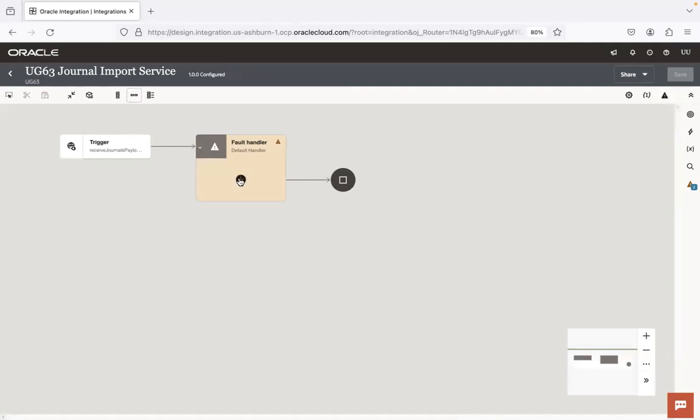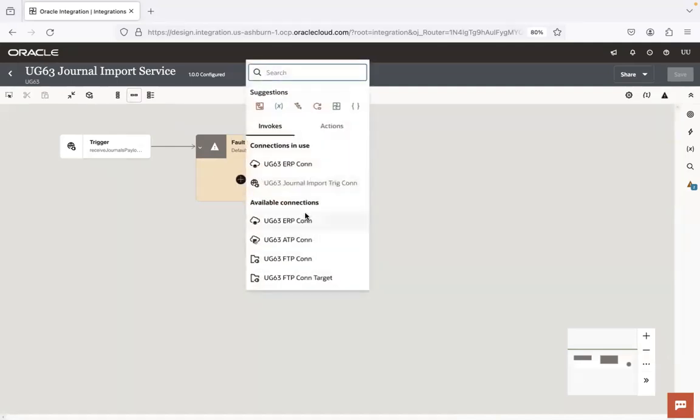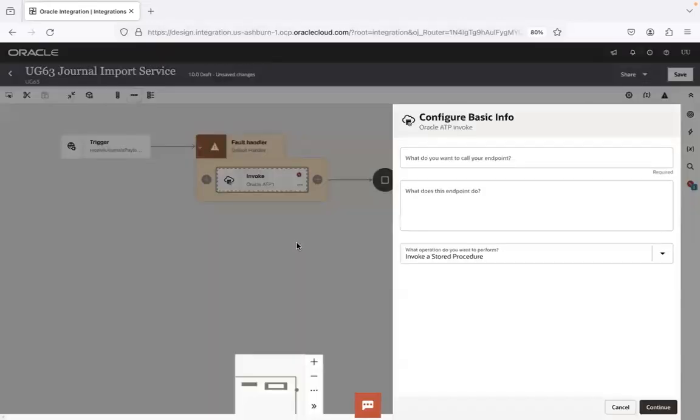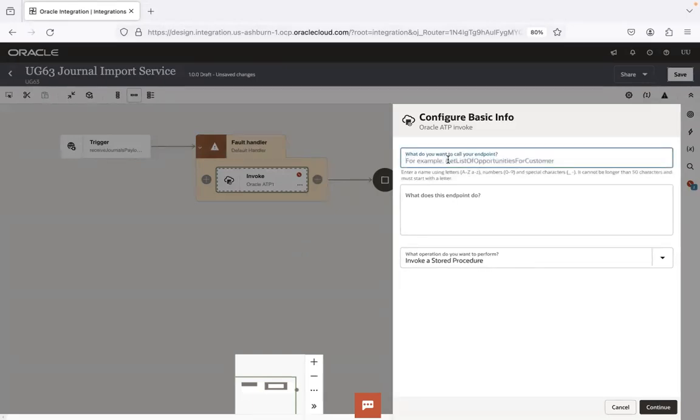So first of all, what is it that we want to do from here? I want to insert a record to an ATP table. So I use the ATP connection and I say merge item details to ATP. Sorry, not item details. Insert